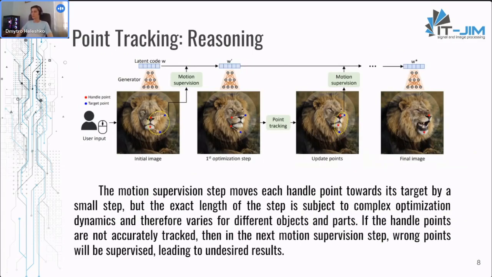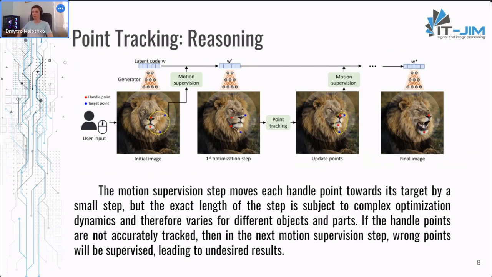The motion supervision step moves each handle point towards its target by a small step, but the exact length of the step is subject to complex optimization dynamics and therefore varies for different objects and parts. If the handle points are not accurately tracked, then in the next motion supervision step, wrong points will be supervised, leading to undesired results. And an obvious and well-known solution to track points is through optical flow. But the authors state that using auxiliary networks may harm efficiency, and those other third-party solutions could accumulate error, especially in the presence of